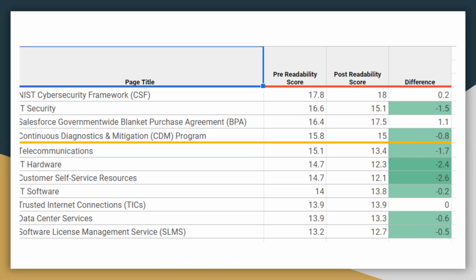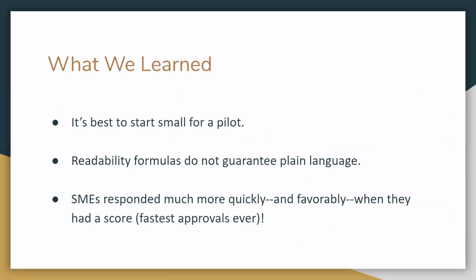Some of them were really, really easy when we looked at them. And we thought, oh, yep, I see why that scored so high. That sentence is 6 lines long. Let's bring that down. Let's break that into 2 sentences. Let's take out some of the prepositional phrases. And then, of course, some of it is, we'll also substitute words. And I have something about that. What we did learn,